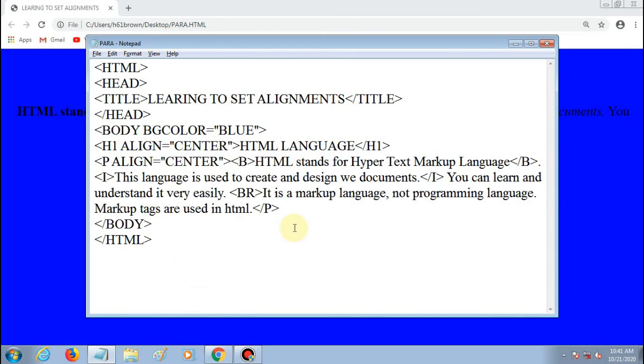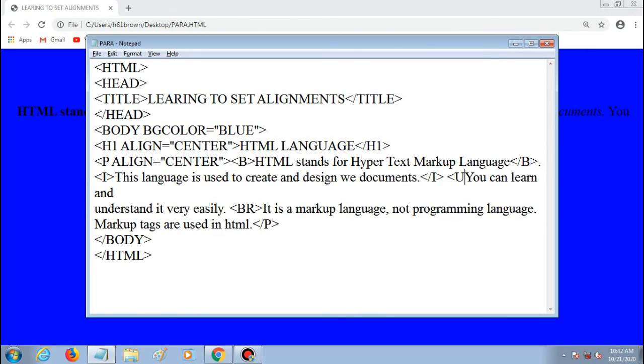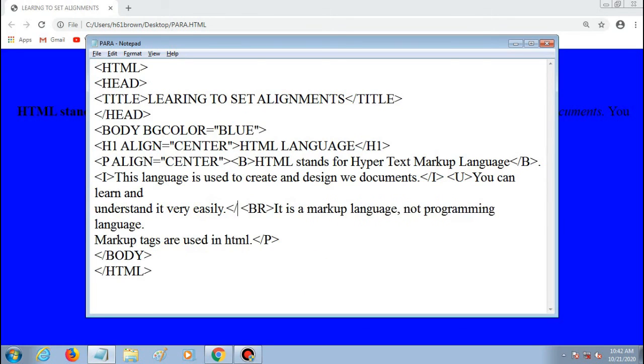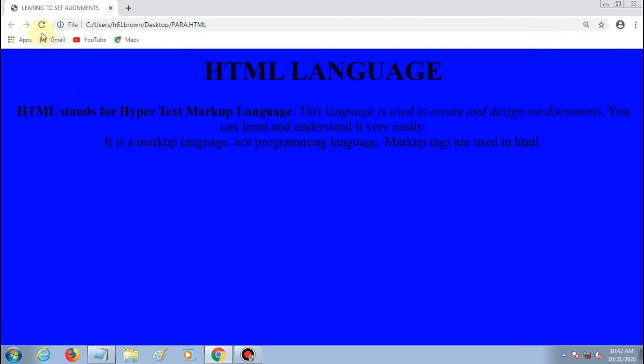Then I want to make this text underlined, so I will use u tag before this text and here I will close it, then save it and reload. See, this text is underlined.